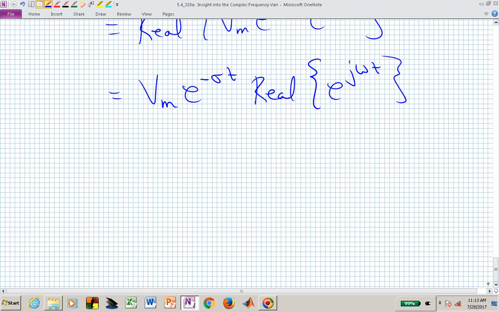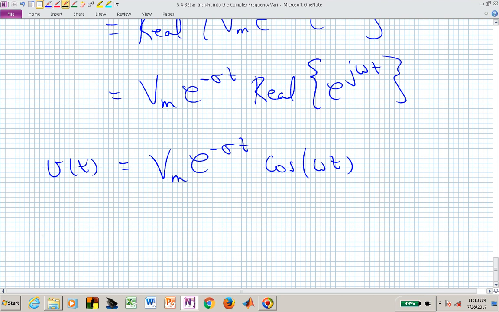That's now a rotating phasor with a magnitude of 1, and we now have a v sub m e to the minus sigma t. The real part of e to the j omega t just pulls off the cosine omega t, and now v of t is this